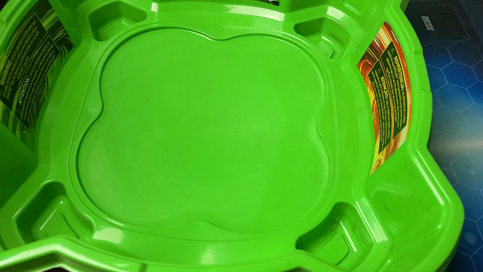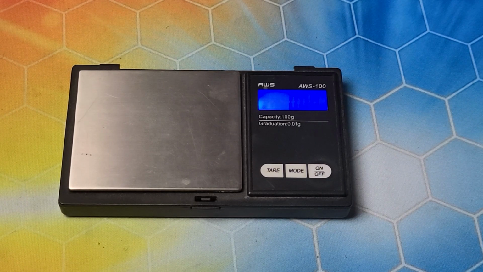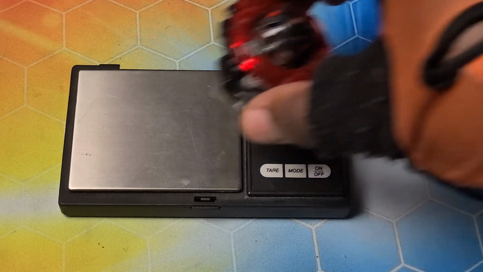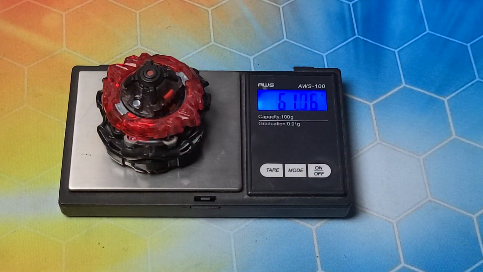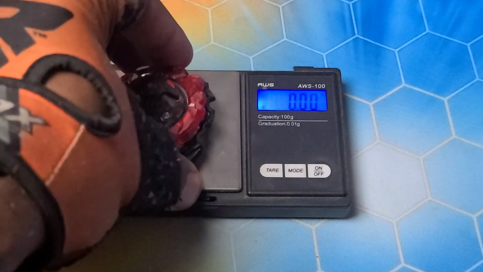All right. So, we've got one more ultimate test. And that's the weight. So we gotta see which one is heavier. Honestly, performance-wise, they're equals. It literally comes down to the weight. All right, let's see just how it compares. 60.49 for TT's. All right, let's see. And Hasbro's